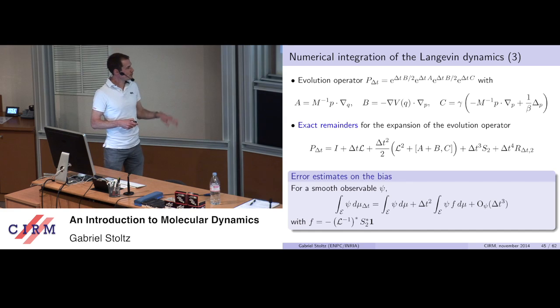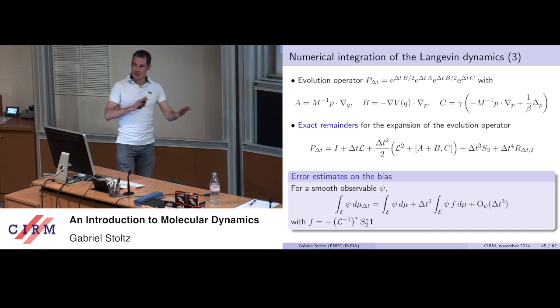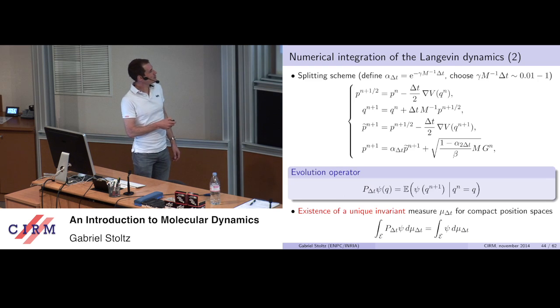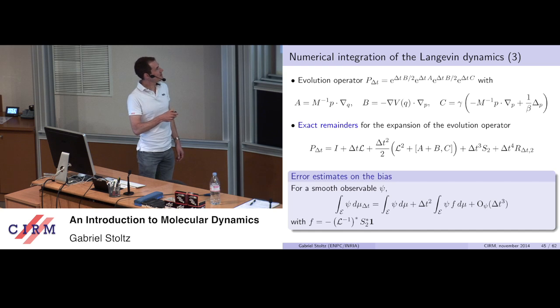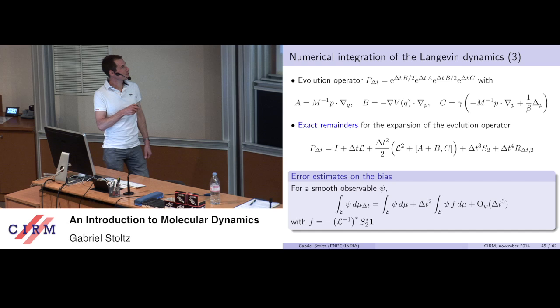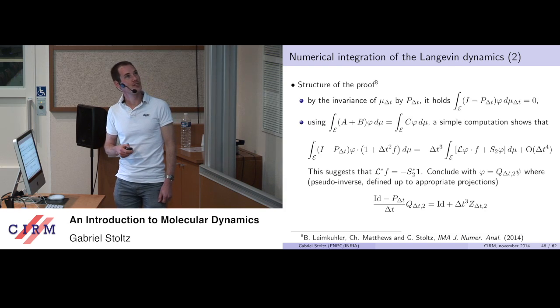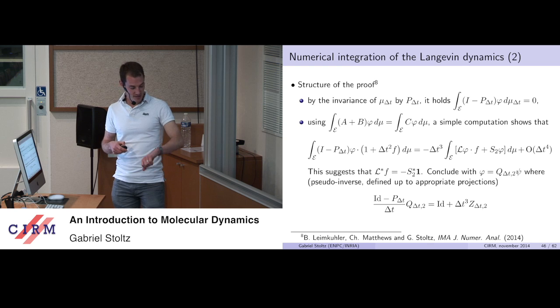Anyway, for those of you who want to see that from a more general perspective, just bear in mind that once you have a numerical scheme, you've got an evolution operator. You can Taylor expand it by using finite differences, taking averages and so on. You've got an expansion in operators, and from that expansion you can characterize how good the invariant measure is and compute the leading order correction. For those of you who want to see the proof, I've provided it in the slides.